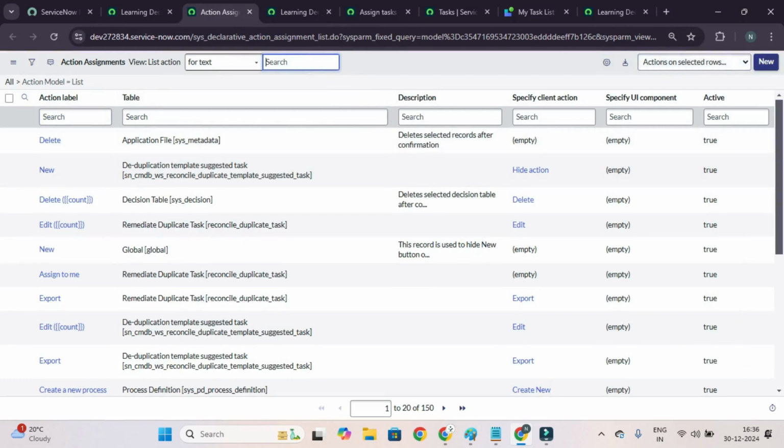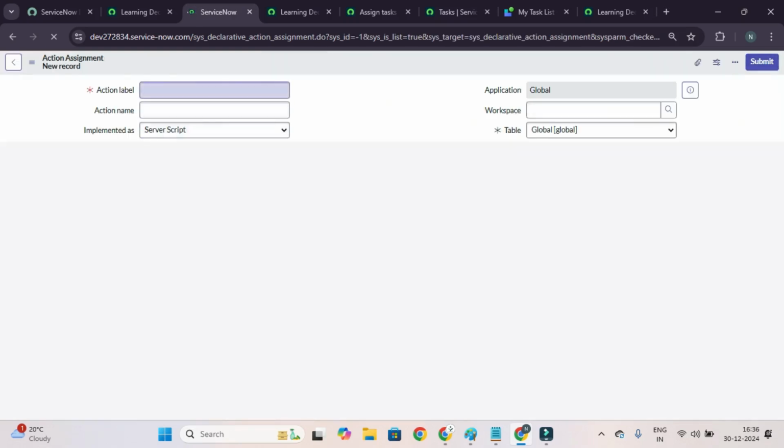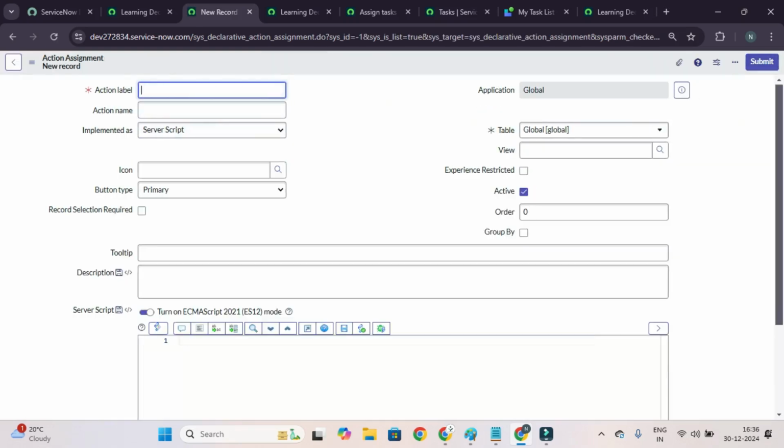But we have to create our new list action. So click this new button and action label. This action label is nothing but in your button it will show the label. So I will say assign tasks,